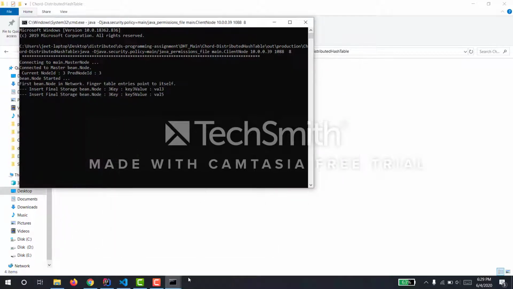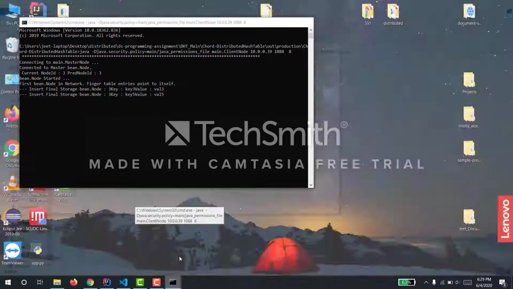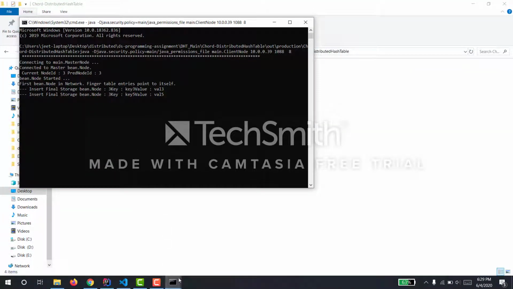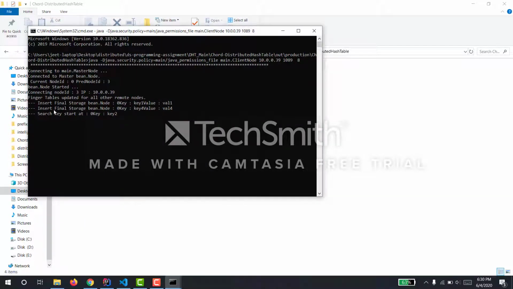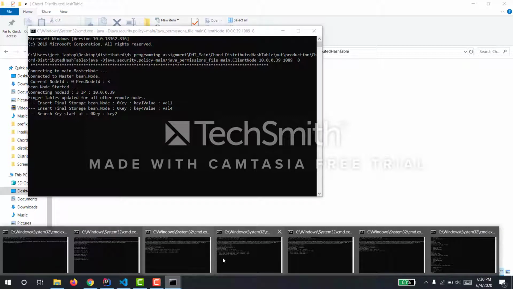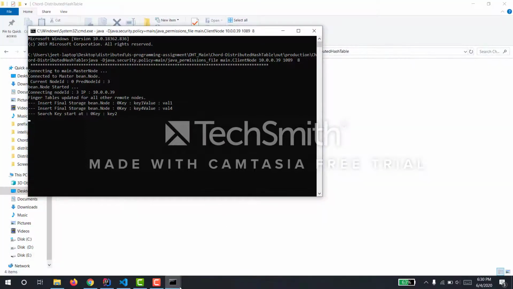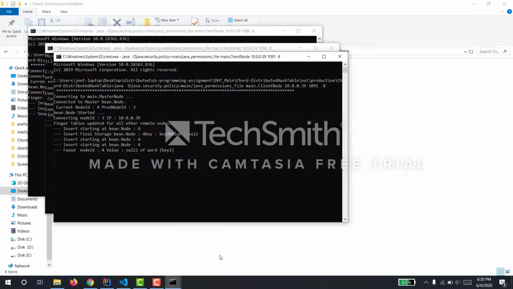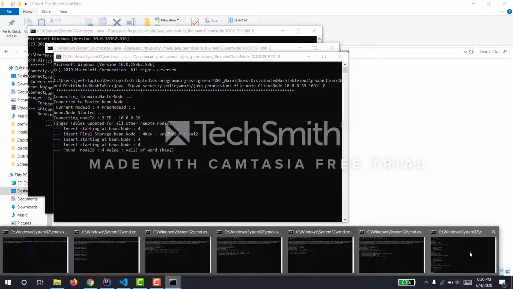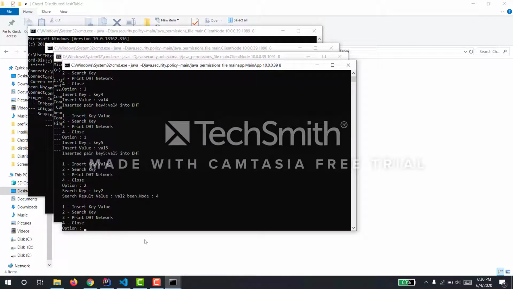So I'll open all the client nodes and verify it. These do not have any search request. Now we'll look here. It started a search for key 2 on this node. This is the first probe, and from there we went directly here. So only two comparisons have been done across the network.